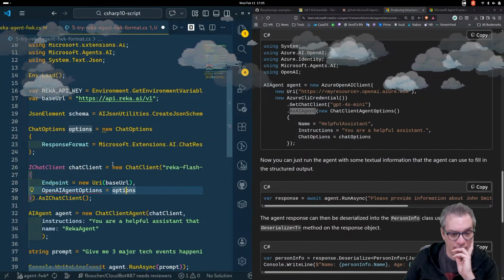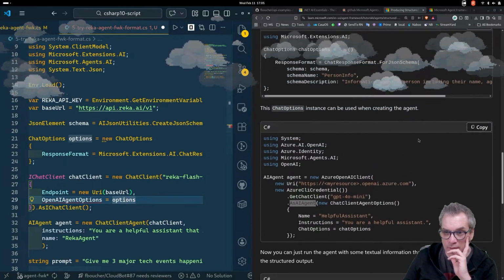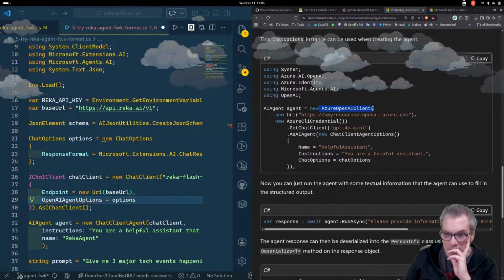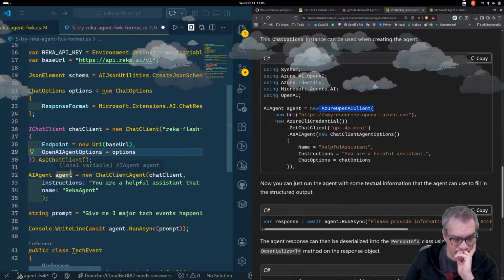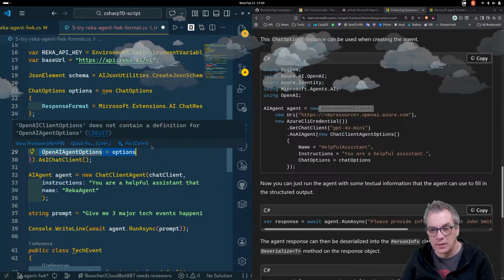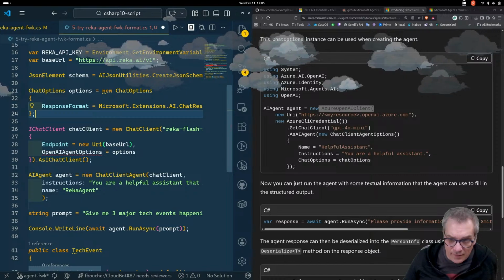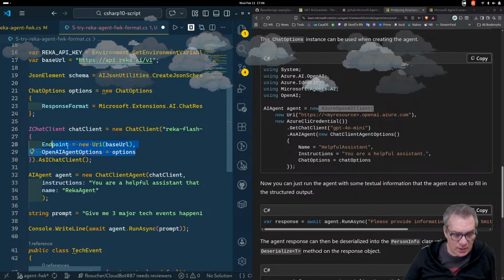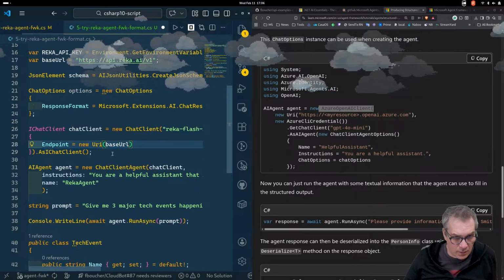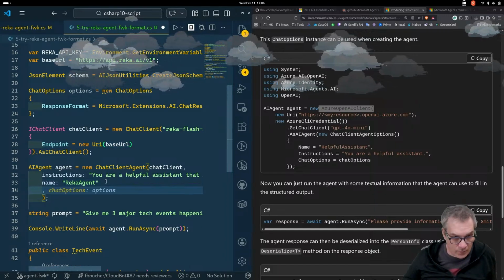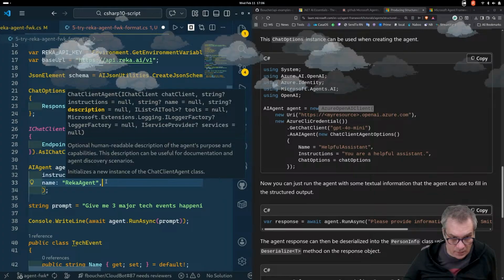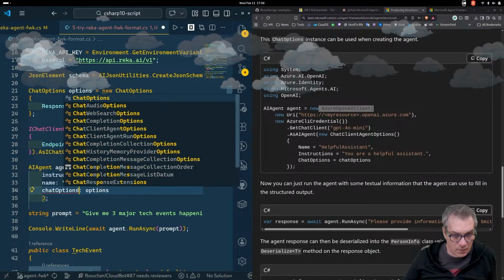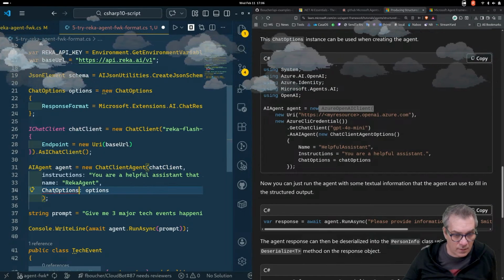So does it mean I'm not doing it right? It's not the proper way to do it? Oh no. So yeah, it's not in the chat client, stay in the chat client. No, okay, I was putting it at the wrong spot. Okay, it's not here, it's here. Right? There it is.